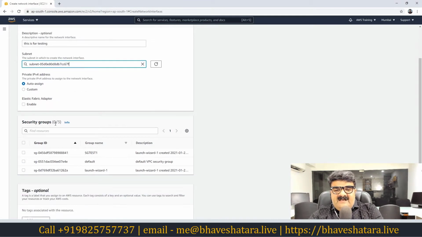Here I have this option, Elastic Fabric Adapter. This is EFA, and this is really important. If you want to enable high speed communication between two EC2 instances, for high performance computing, HPC as we call it, at that time you can use this.